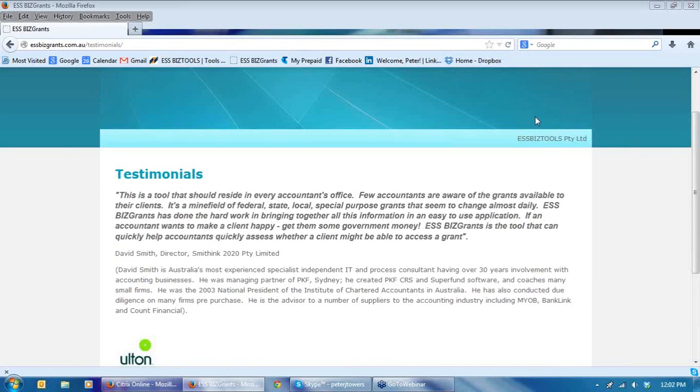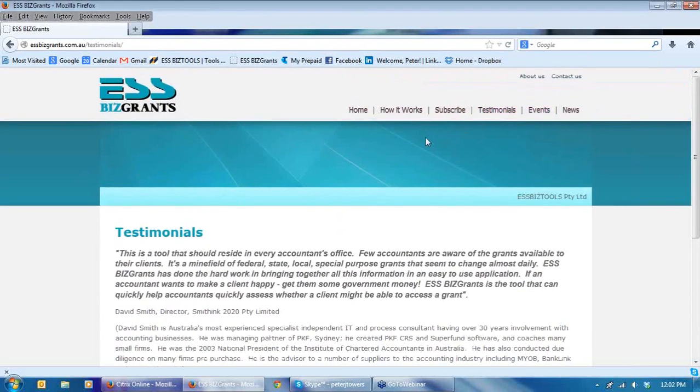David Smith was the person who encouraged us to write a government grant program that accountants could use to assist accountants to identify grants that small medium enterprises might be eligible for, because he found that there was a lot of disquiet amongst small medium enterprise operators that he was interviewing, that they were not being kept abreast of government grants that were available, and they were not getting that information from their accountants. So that's the reason we have